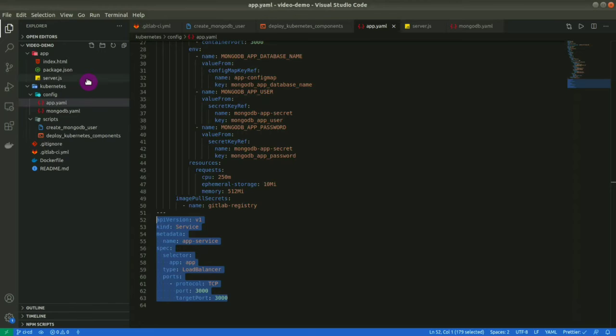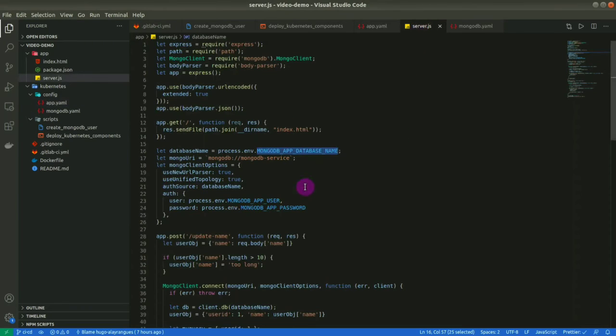So if we come back to the code here, our application needs to connect to a database, the Mongo database, and it needs to connect to this database, the app database name, with the app user and the app password. The issue here is that we did not create the app user yet, and this is why we created earlier